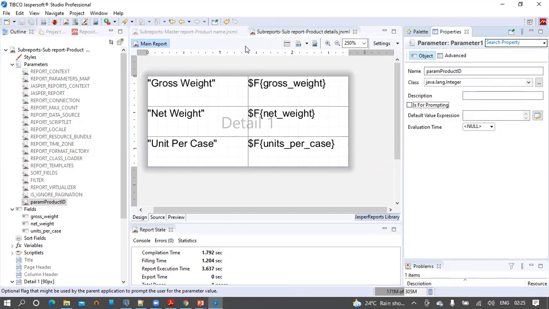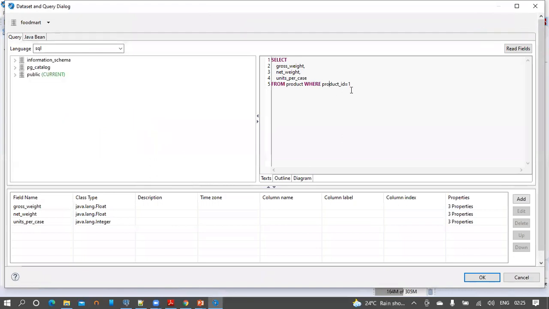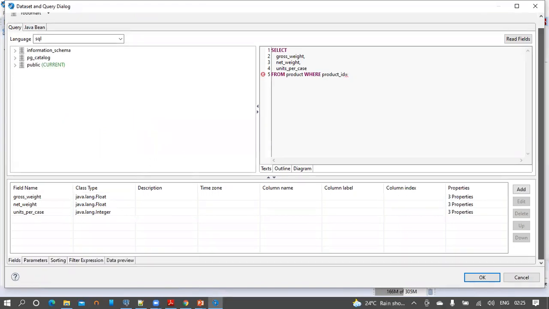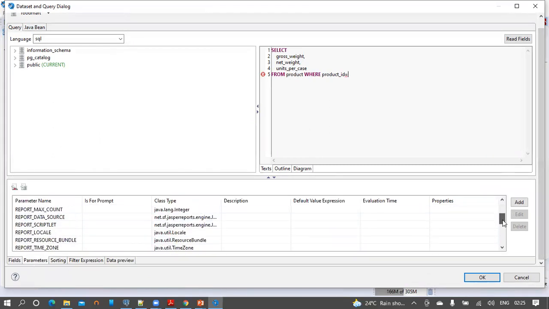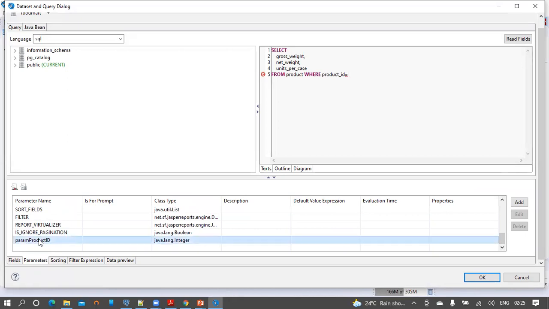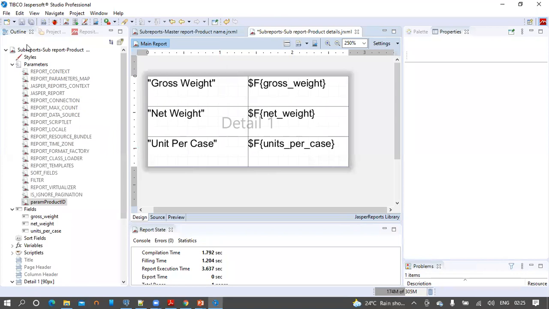Save the report. Go to the SQL code of this sub report and replace the hard coded value with the parameter that we just created in the sub report. Click on the parameters tab in the bottom, then drag it into the place of the hard coded value. Click OK, save the report.